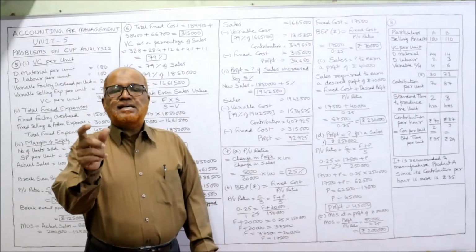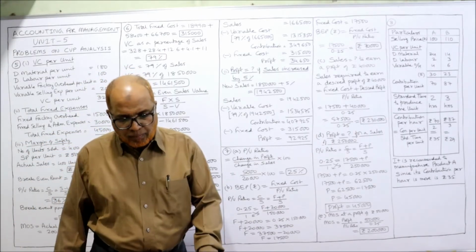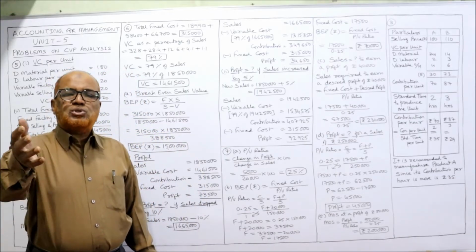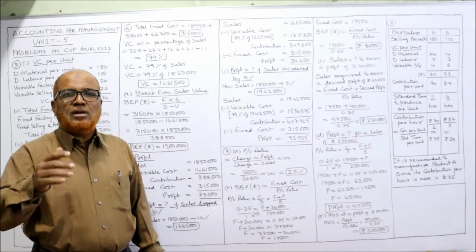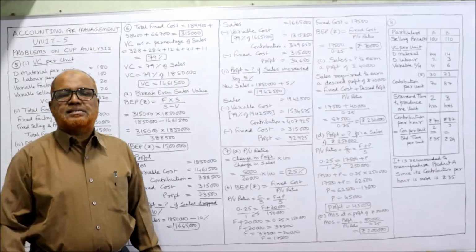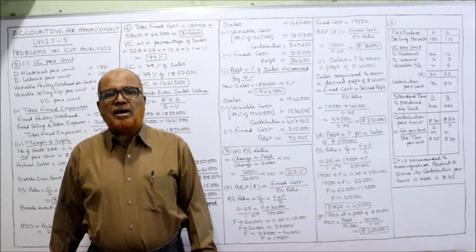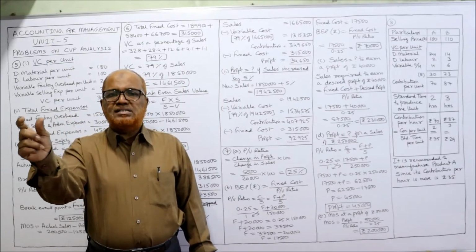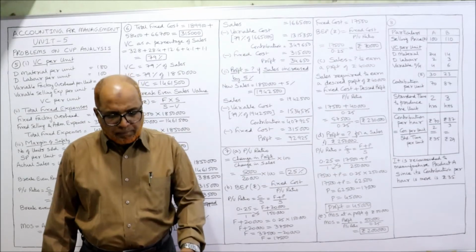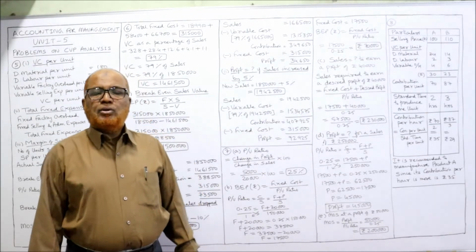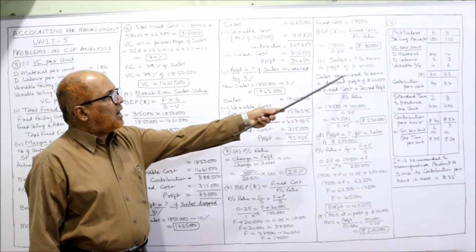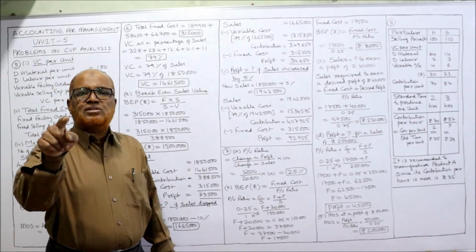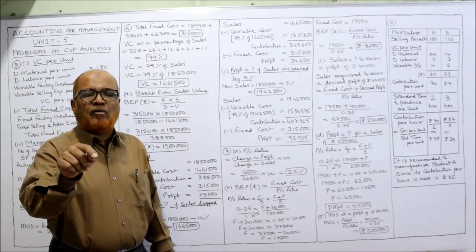The third bit, sales is equal to how much for a profit of 40,000? If the firm wants to earn a profit of 40,000, how much would be the sales? A specific formula is there in marginal costing. Sales required to earn a desired profit. Here desired profit is 40,000. So the formula, sales required to earn a desired profit of 40,000 is equal to fixed cost plus desired profit